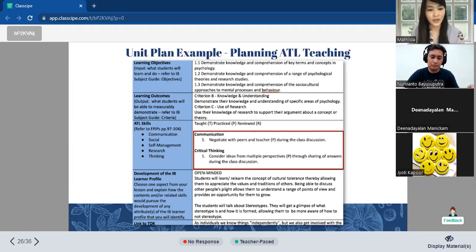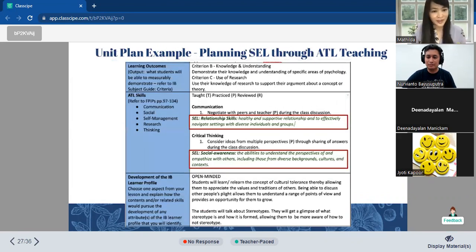And then this is one example of a unit plan. Of course, all of us must put the ATL skills that we plan to teach during our lesson. And this one is still my lesson about stereotype. In the nature of my activity in this specific period, it will help the students practice communication and critical thinking for the ATL. And because I have communication and critical thinking embedded in my lesson, in the next slides it means that I also teach